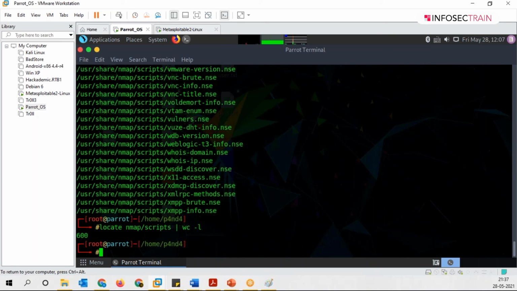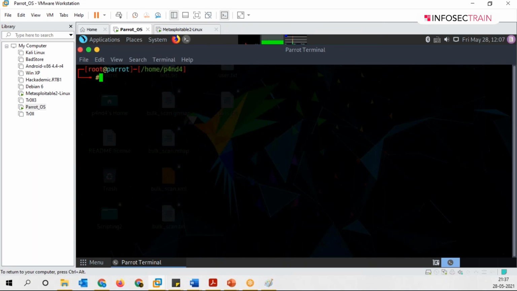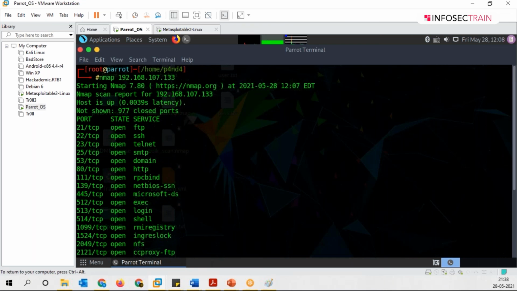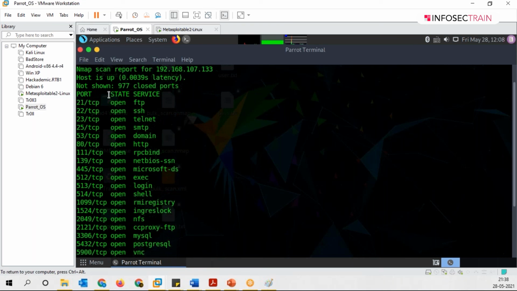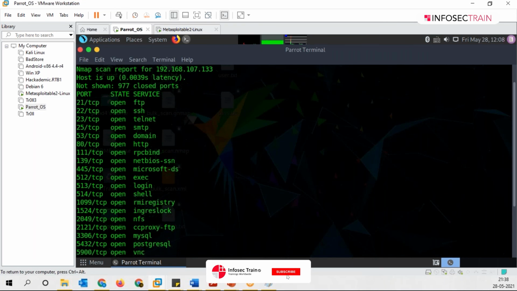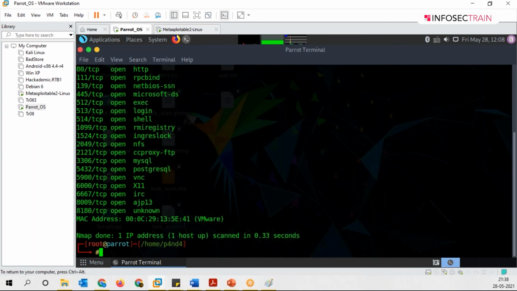So many more are there. Just to show you, regarding the versions as well, if I show you that command which we used, let me just remove this part. If you can see, we removed the verbose, so it won't give you as many details. You can see we got the port, the state, it's open, and the service. Can you see the very first one, which is FTP? I'm not getting the version of this. I just know what the service is here. So I need to know what version is used by them.